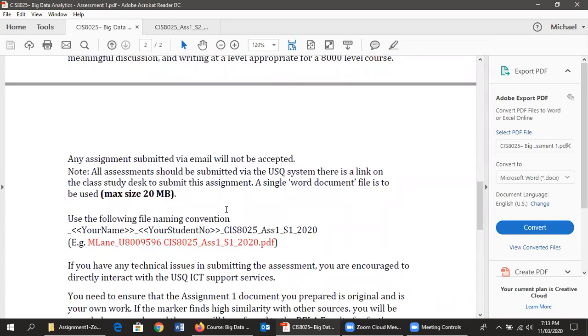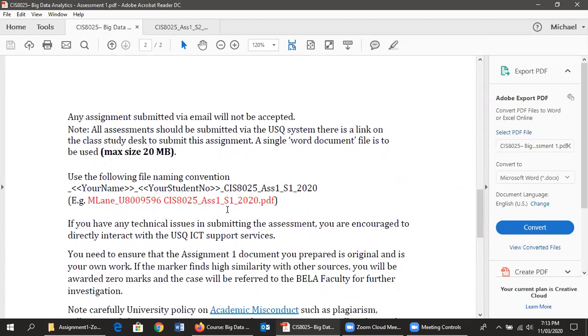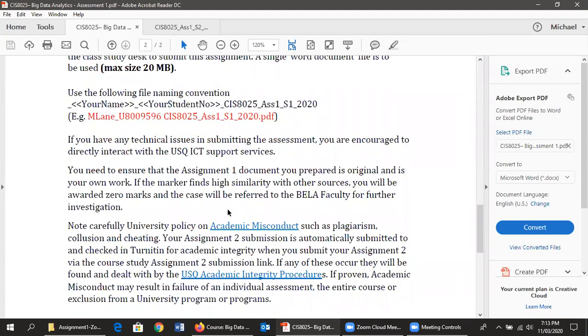And then there are some instructions in terms of the file. You only need to submit one file in that naming convention. Also, just be aware that all assignments submitted are checked for academic integrity. When you submit your assignment via the submission link, it goes into Turnitin, which will match against other sources